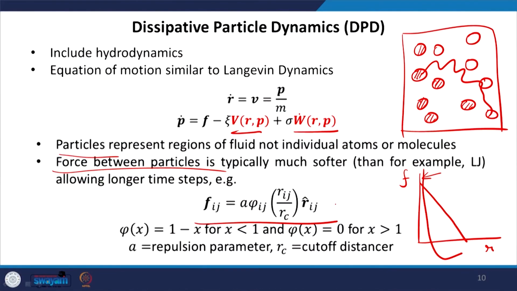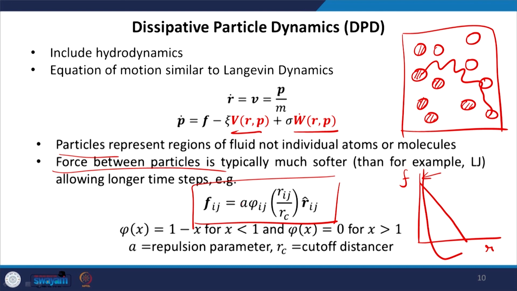The reason why we could take only smaller time steps otherwise is that if I take a longer time step, we can violate many overlaps or we can violate many hard cores of the molecules. But in this particular case, since we are working with softer potential, the overlaps are being allowed, so the particles can move with much longer time step than we can take in, say, a molecular simulation. So, with this particular idea, I can define the force between the particles in one of these ways.